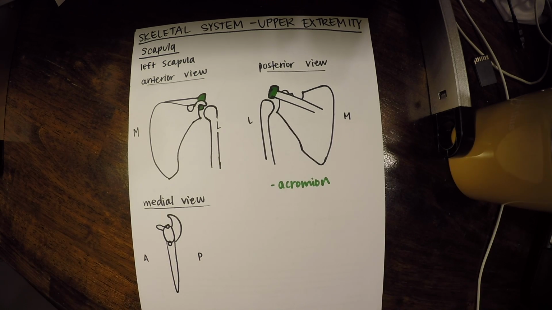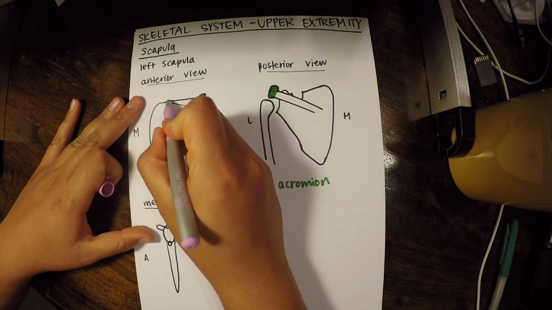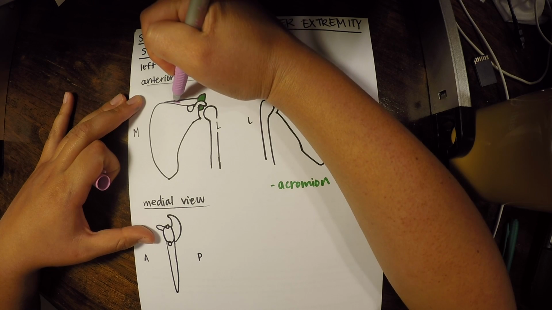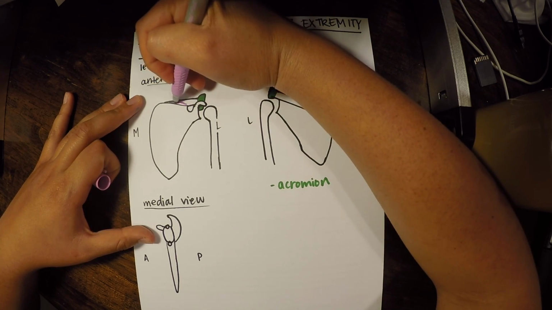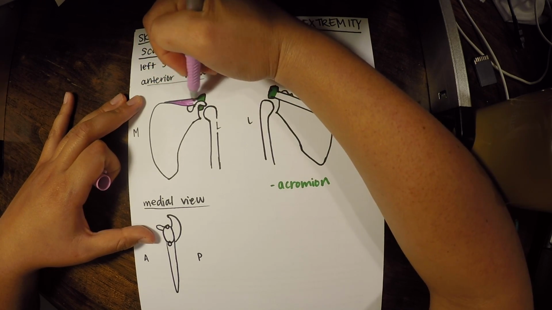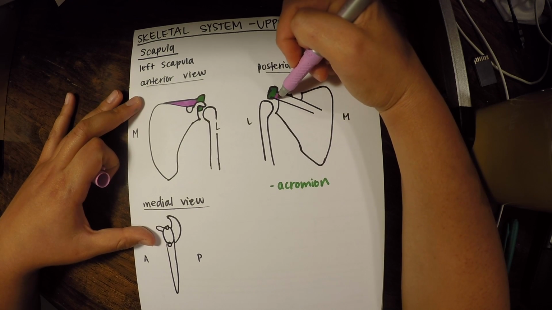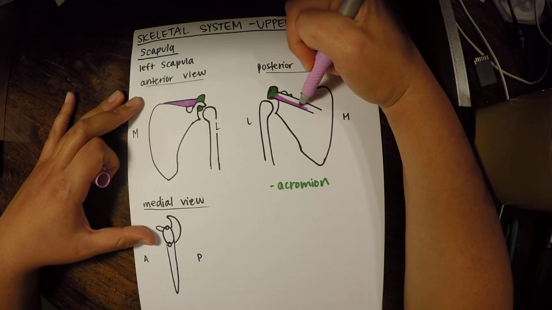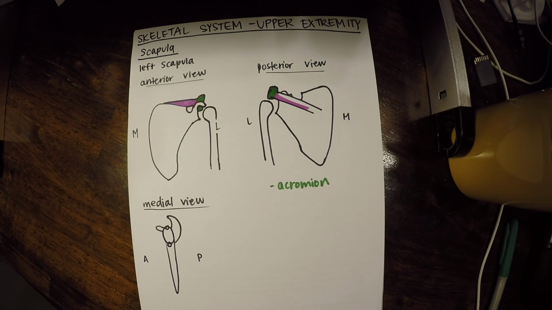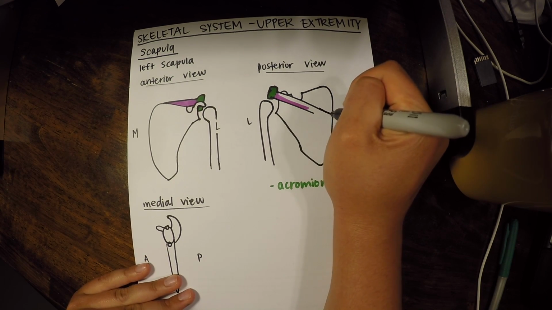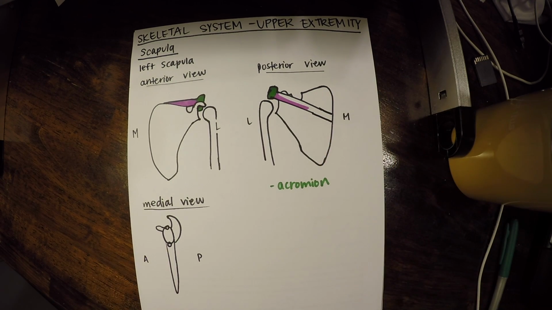Now, the acromion is at the end of something that we call the spine of the scapula. If you're ever doing quiz questions or writing about anything, remember we have our other spine as well, our main spine with all of our vertebrae. So if you're ever talking about the spine of the scapula, make sure that you say it's of the scapula instead of just of the body, just so we keep it clear.